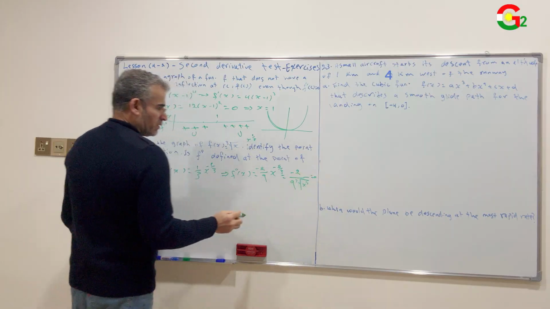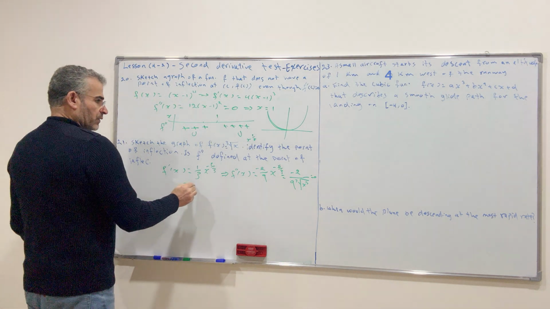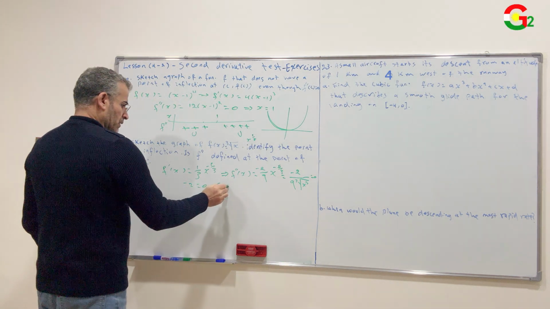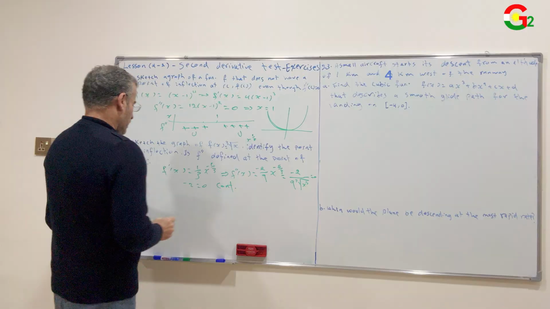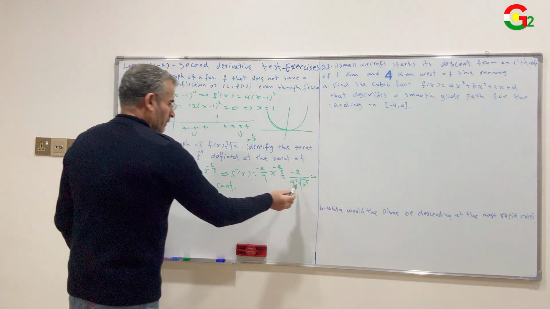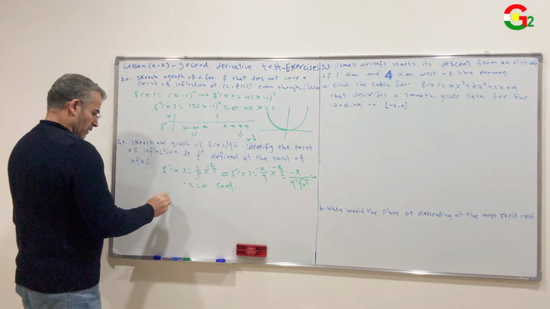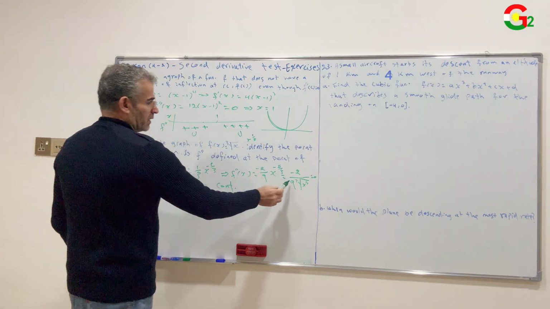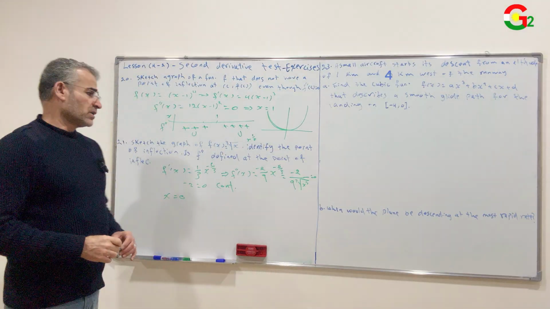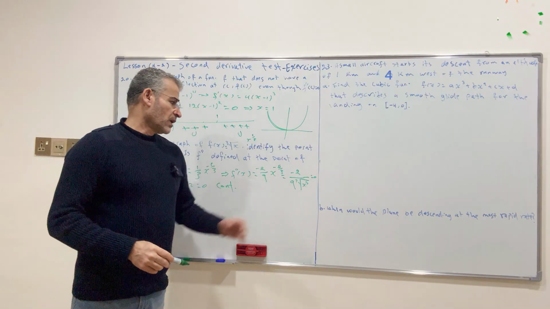Set it equal to 0, then negative 2 equals 0, a contradiction, so there is no value that makes the second derivative 0. But the second derivative is not defined at x equals 0,